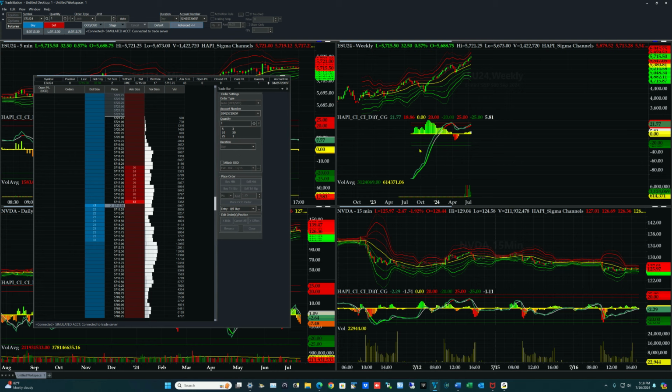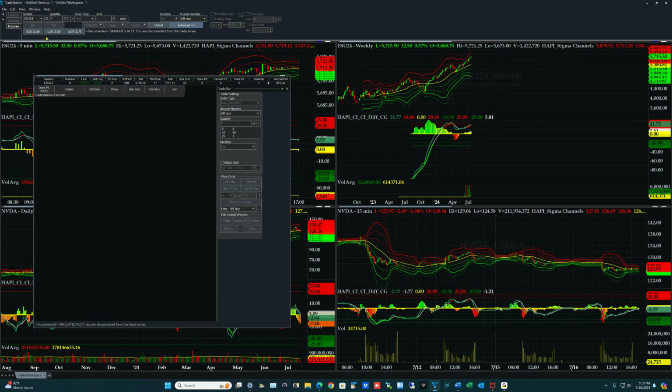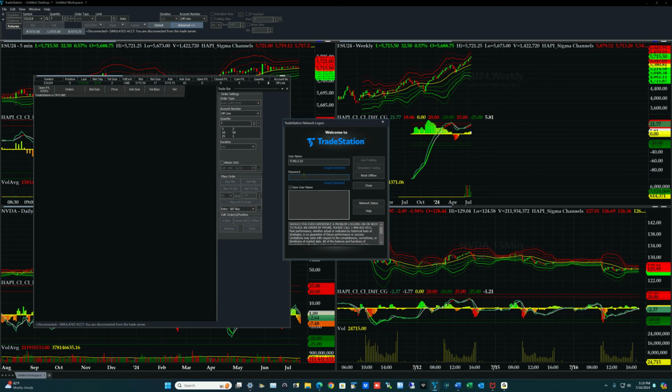Now let me show you a couple more things. Remember, we have two types of accounts: actual live accounts, and we have SIM, the simulator. Depending on how you log in, you go there. So let's say I log out here. I don't want to do that, but okay, I'll turn it off. I went offline, trying to come back in. I put my login here. Now you have the choice. This is live trading, which I'm not going to go into, and there's simulation, because of their client accounts. It's a pool, but it's still